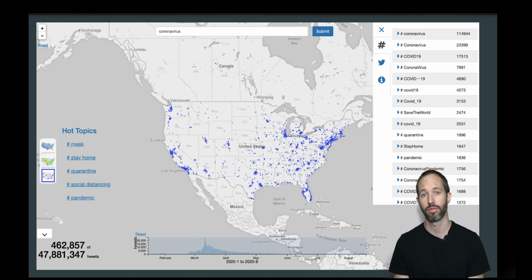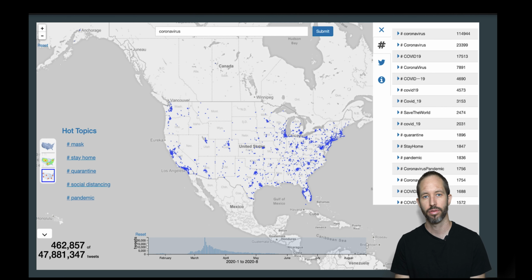Well, first, let's look at that first question. How many people use Twitter? Probably many of you don't use Twitter, because 23% of the US population does not use Twitter. So right off the bat, we're looking at a fairly skewed picture of coronavirus. On top of that, Twitter users skew a little bit urban and a little less rural. As you look at this map, you may be noticing that the blue dots are illuminating around big city centers and not so much in the rural Midwest, say.